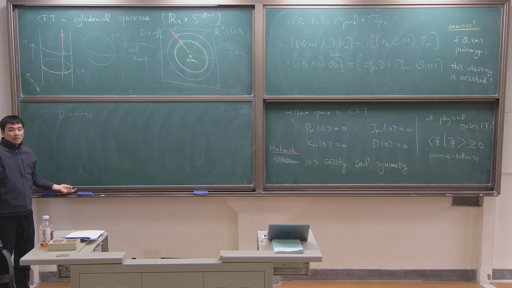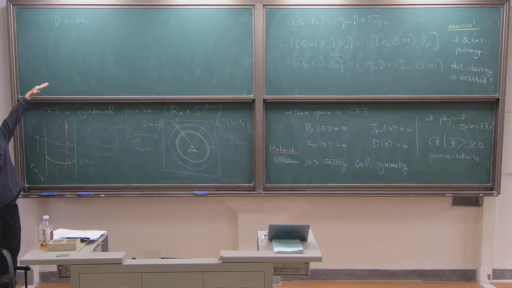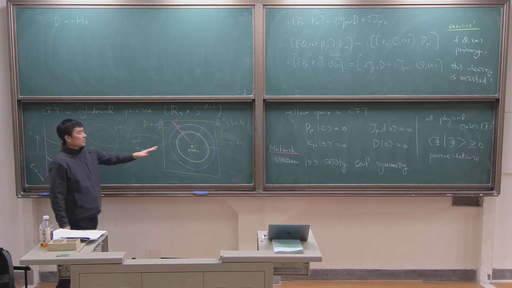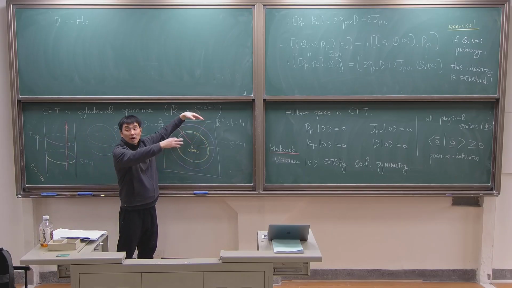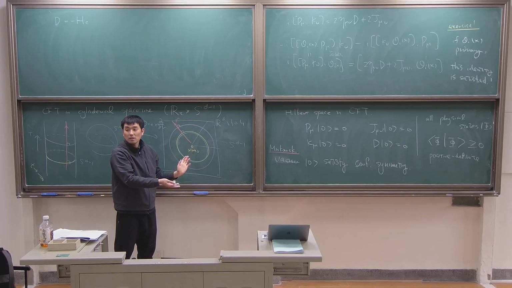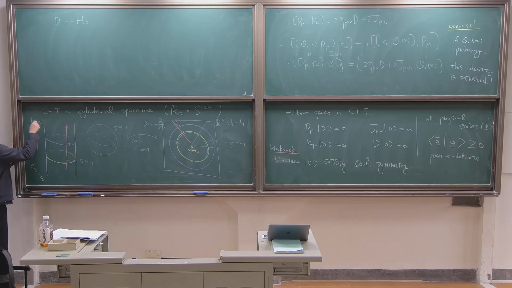Okay. So as you can see, time translation is just time translation. The Hamiltonian will give you time translation, right? So this time translation maps this green sphere to the purple sphere. Even here, dilatation also maps this green sphere to the purple sphere. Therefore, dilatation here becomes the Hamiltonian of cylindrical space. Okay, so that's the main difference. Now D becomes H